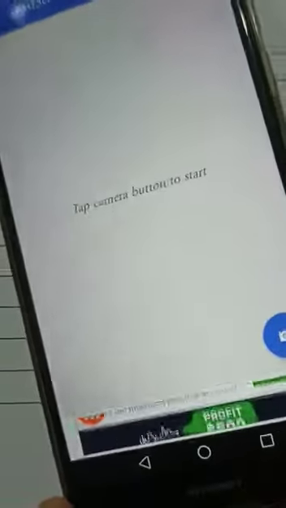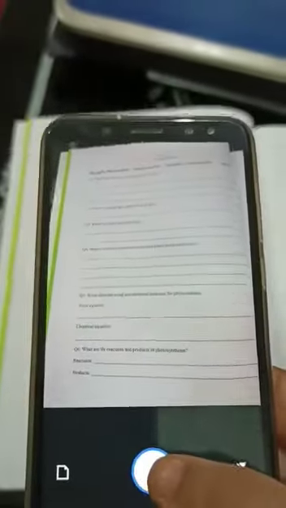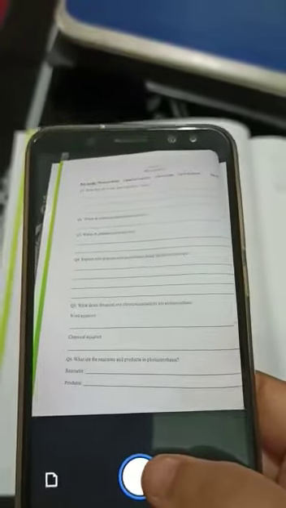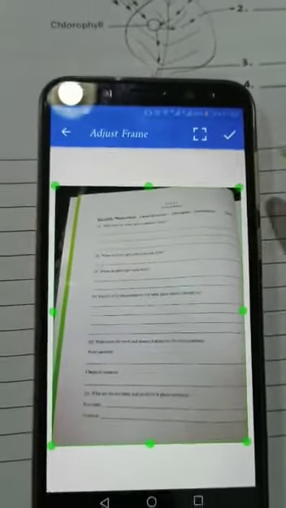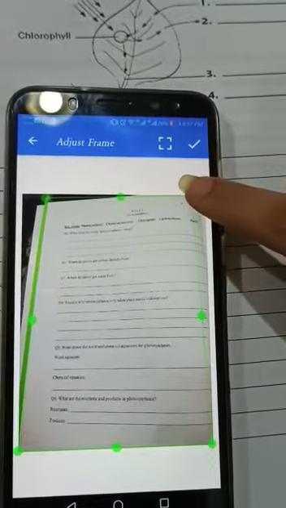Now you are opening your biology workbooks to unit 1.1, and what you will do with the help of this camera button, you are going to take a picture of your unit 1.1 page number 10. After you have taken a picture, you are going to crop it. You are going to crop the sides of the picture very accurately.